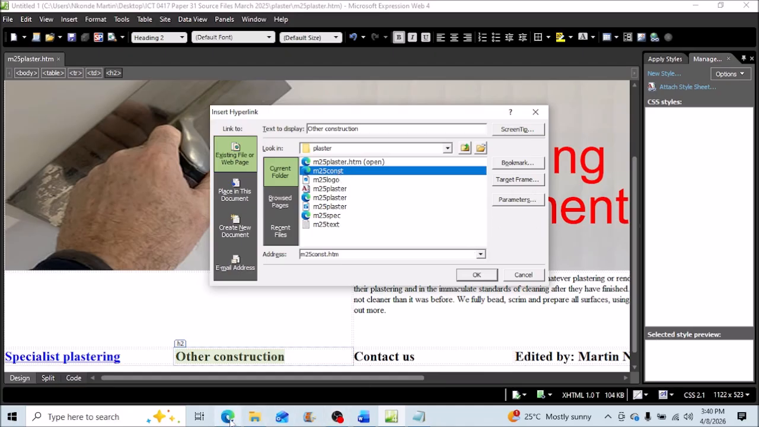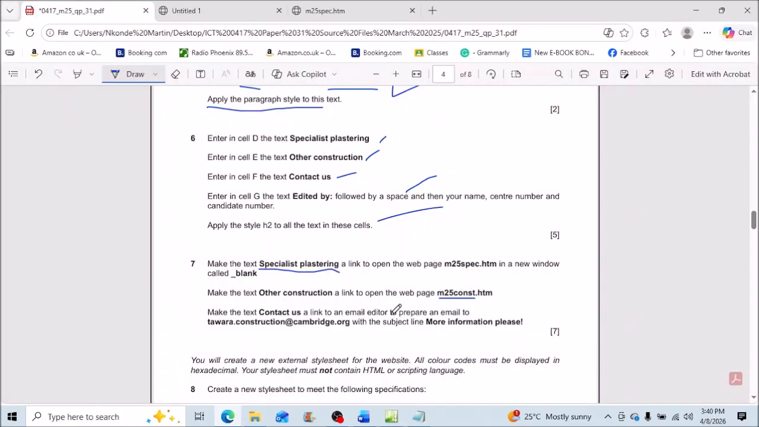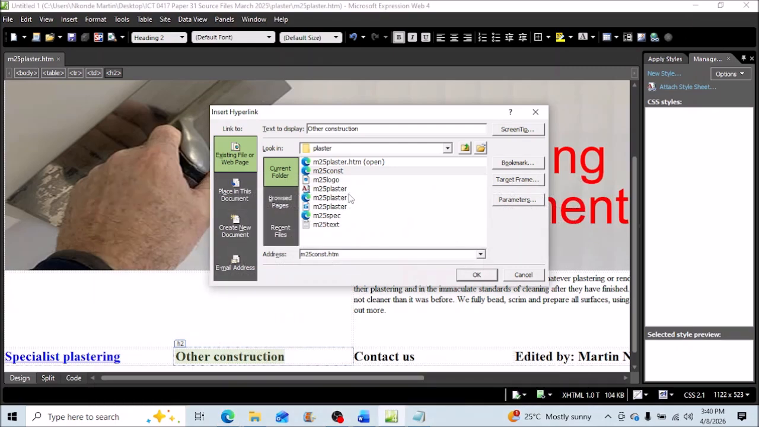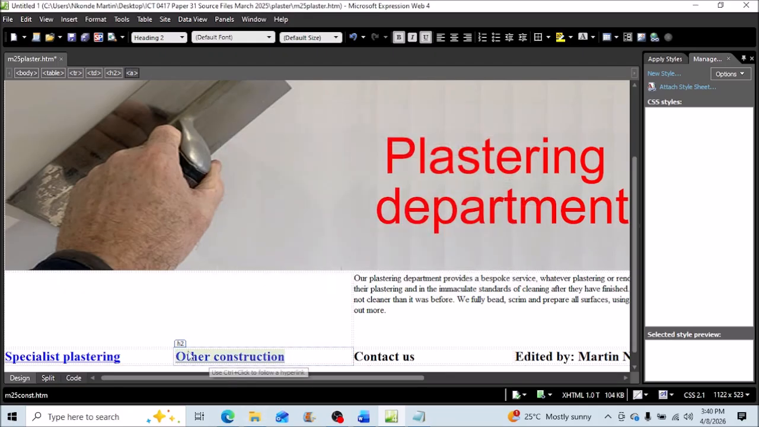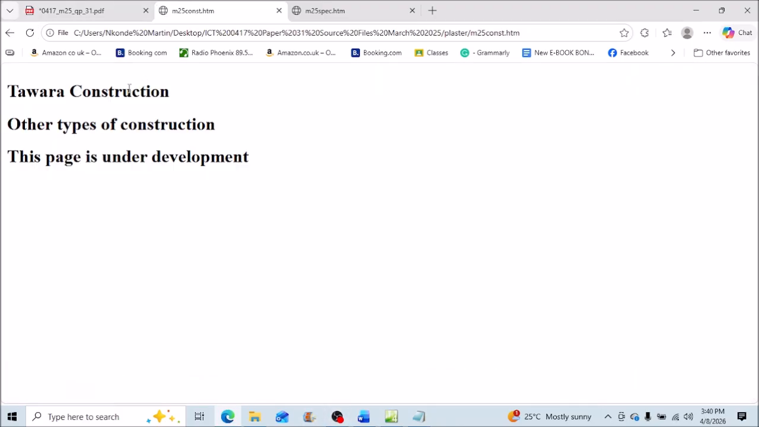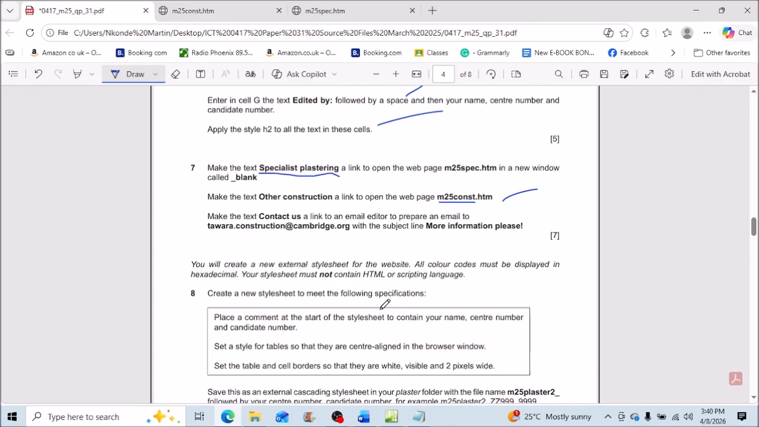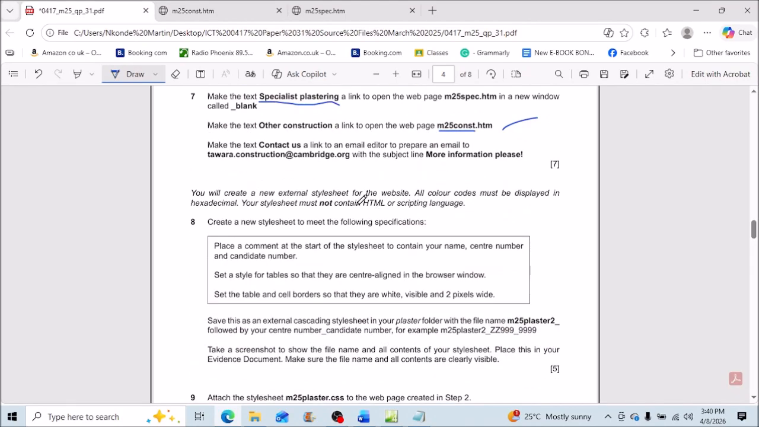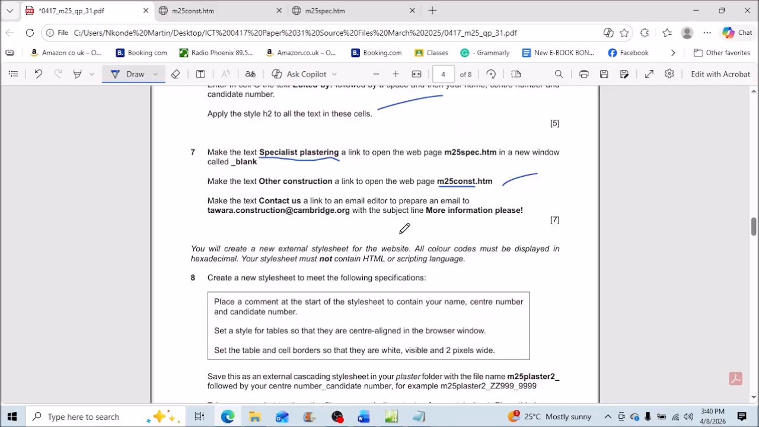And did they specify the target frame? No, they didn't specify, so we'll just leave it open. So const is here, just say OK, and that is done. That's a hyperlink. Click on save, go back to that, and just monitor what is happening. Click there, and your link is working fine. Let's go back, and we go to the next question, which is make the text contact us